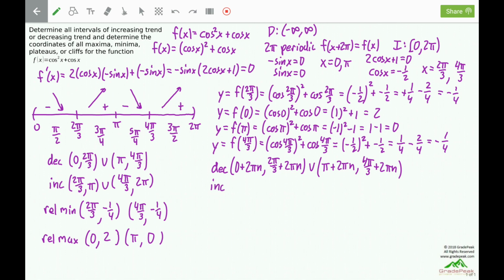We have increasing intervals, 2 pi over 3 plus 2 pi n up to pi plus 2 pi n, union, and then again from 4 pi over 3 plus 2 pi n up to 2 pi